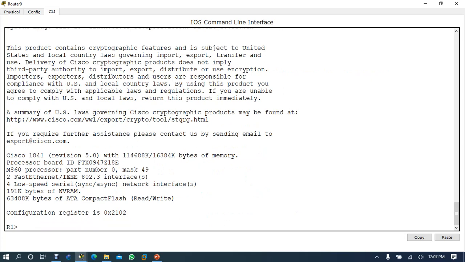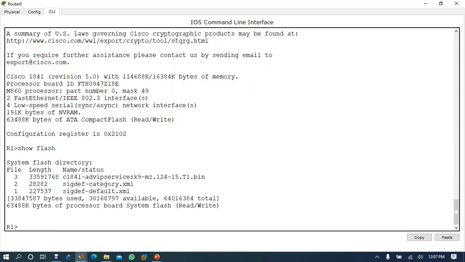And this is your IOS name. This is your IOS file name, and where it has been located: it is located in the flash drive. Version, I told you, will give you some details of your version.